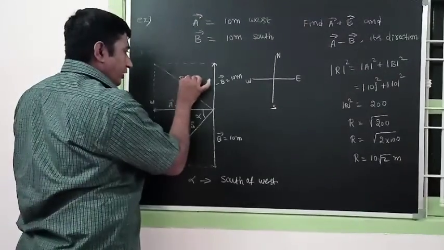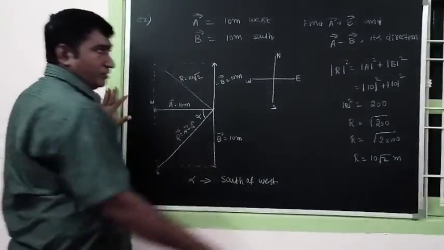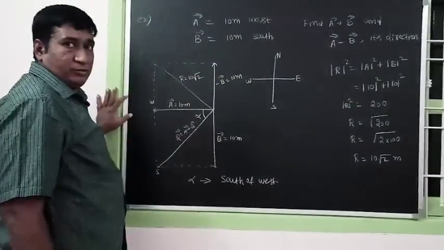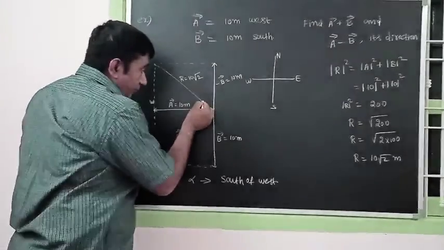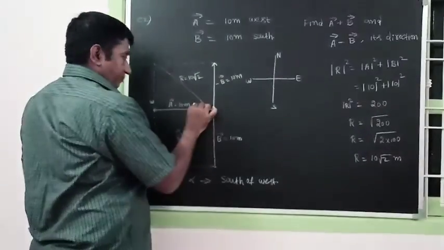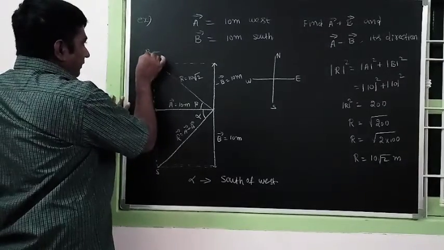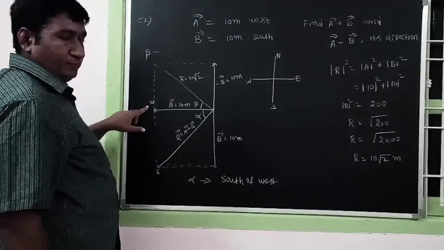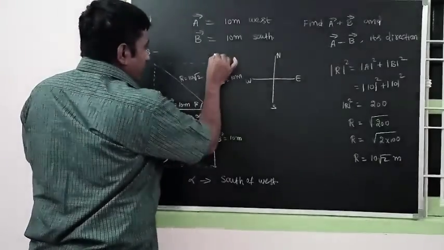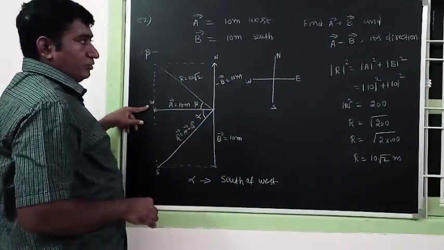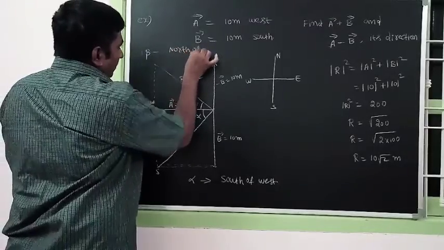This R value also we are going to get here as 10 root 2. Here we have been given minus, but even though minus, we use the modulus, so the magnitude is the same. Then what about its direction? If I take this as beta, this beta angle with respect to west, I am taking. So it is moving towards north, which I can take as north of west.